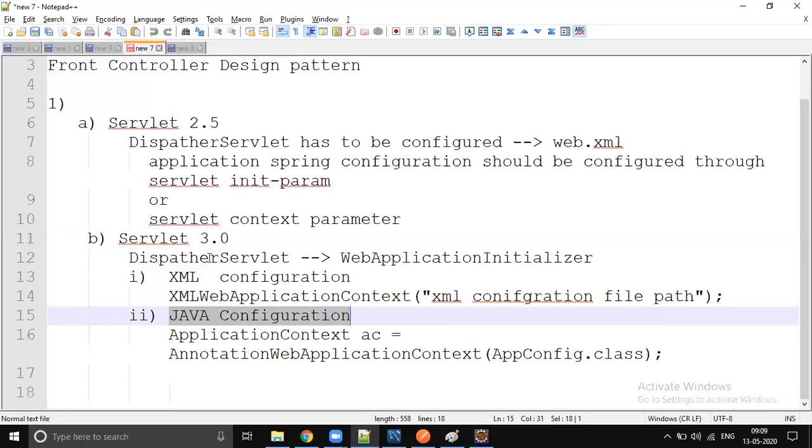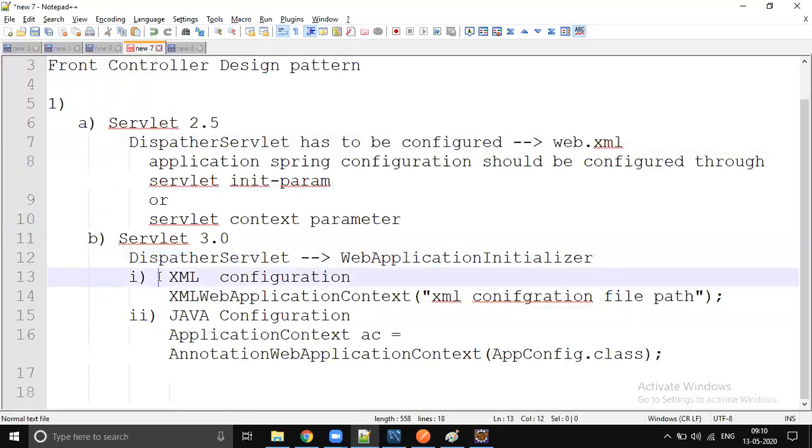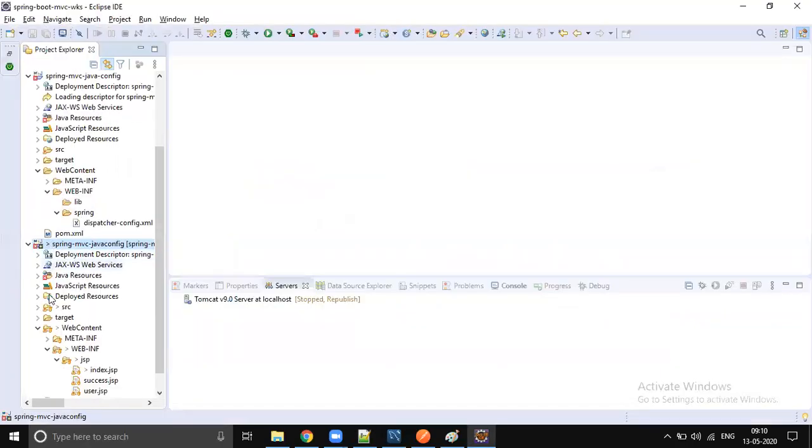So, dispatcher servlet, web application initializer. This particular part is an alternative for the web.xml file, but you still need to write some Spring configuration.